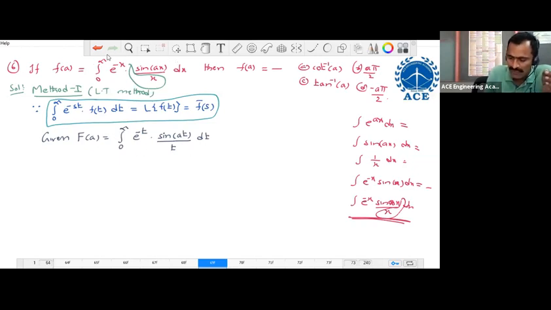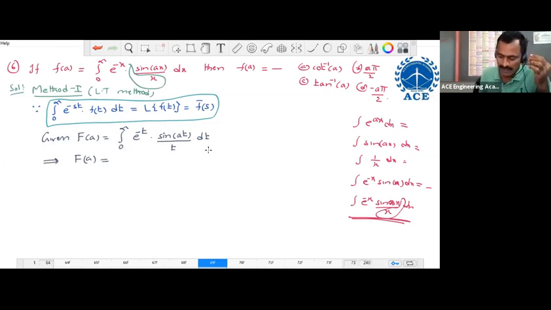It is a definite integral, so the integration variable is x here, and here the integration variable is t. Whatever the variable, it doesn't matter, its value is the same. Because we are habituated with the variables t and s in the Laplace transform, that is why I am writing the given integral in terms of the variable t. That is the only difference. Nothing else. Right? Which implies f of a equal to